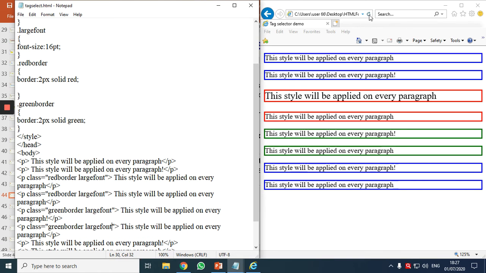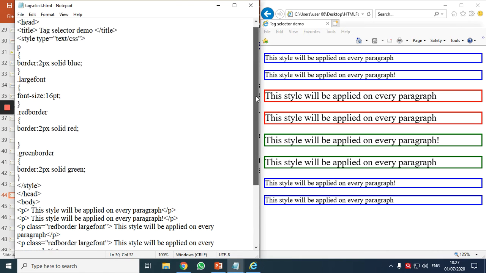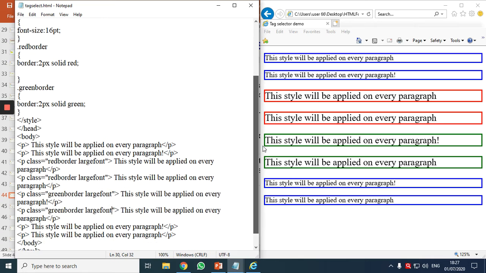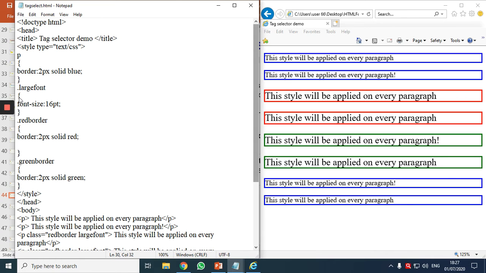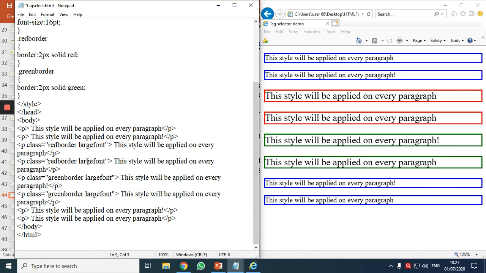Control S, and so it came. Now what have I done? Reduced the redundancy in the page and increased the readability. See, I'm not repeating the code again and again. Only once I have written it with a class name and I have called the class multiple times. So this is one of the ways we can do it.